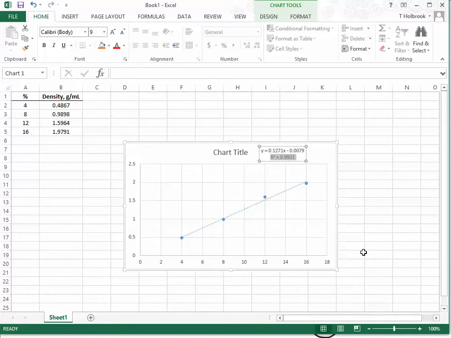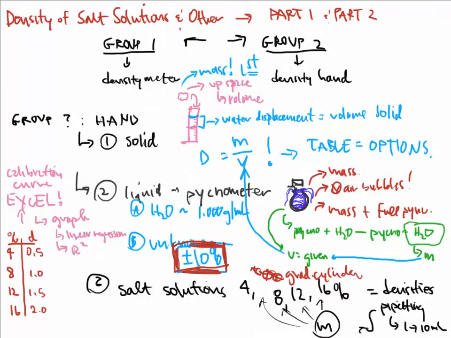On top of the r squared value telling me how well my numbers line up, I'm going to see this y expression, and this is the equation. This is the equation of the line that is here. Okay, so what do we do with that equation? Well, in this equation, this is very important,